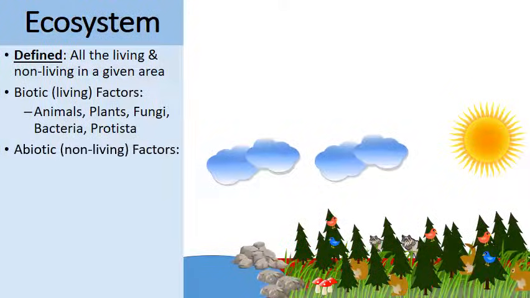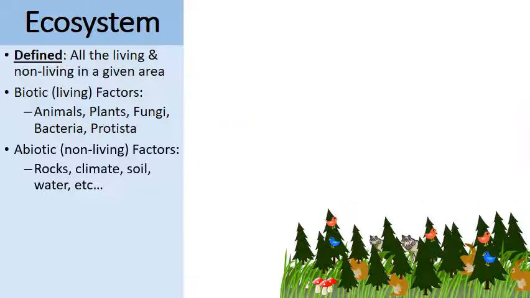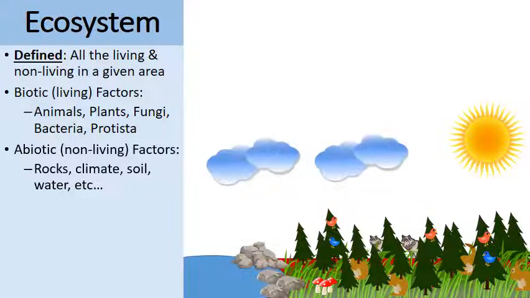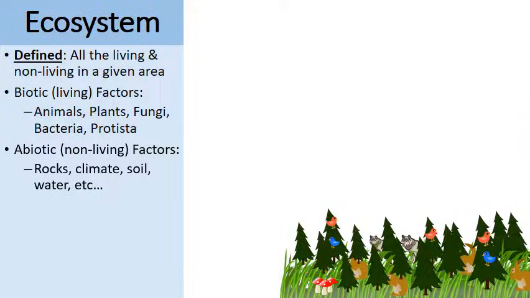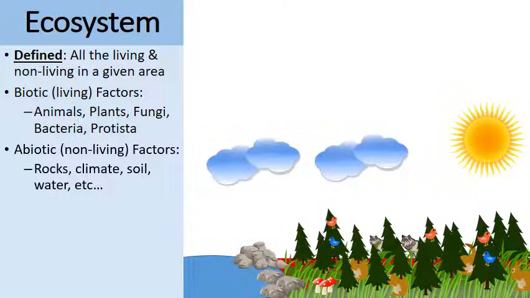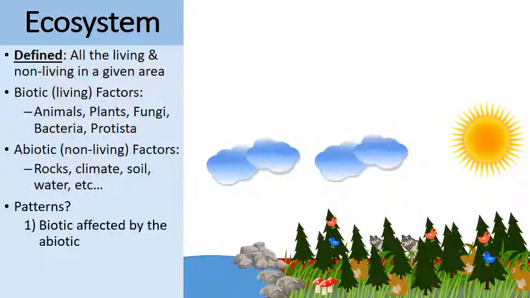Well, then there's also the non-living factors, or the abiotic aspects of an ecosystem. These are the rocks, the climate, the soil, the water, factors that can influence life but are not alive themselves. In my collage, you can see the water is blinking, the clouds, the sun, the rocks, the soil. These are all part of the non-living components within an ecosystem. And so the patterns from studying ecosystems, well, this sounds very scientific. It's actually pretty straightforward, though.